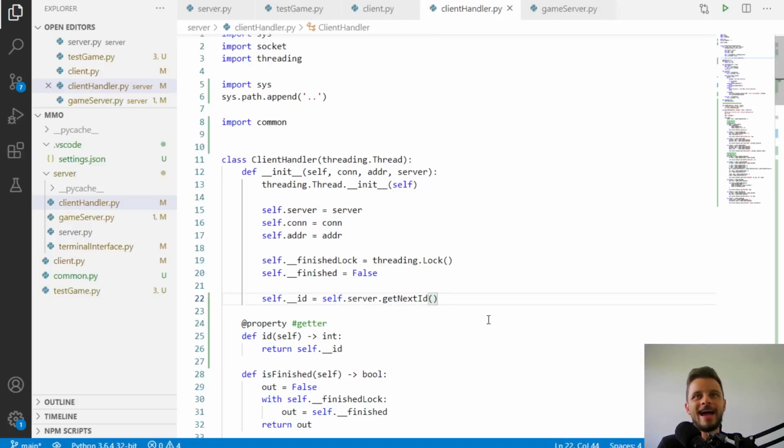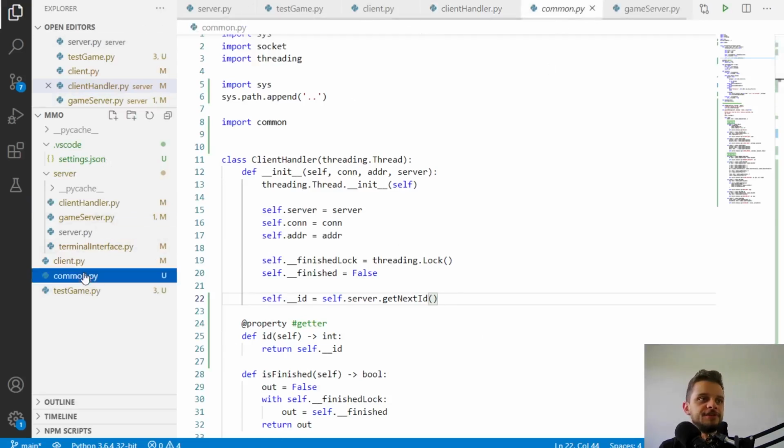We need to count some stuff. We need to first check if this user is valid, and we need to also log into an account, okay? That's simple. I'm not going to do persistent accounts, not right now, because that means we're going to have to save stuff to the disk. Not going to worry about that, not yet, at least not in this video,